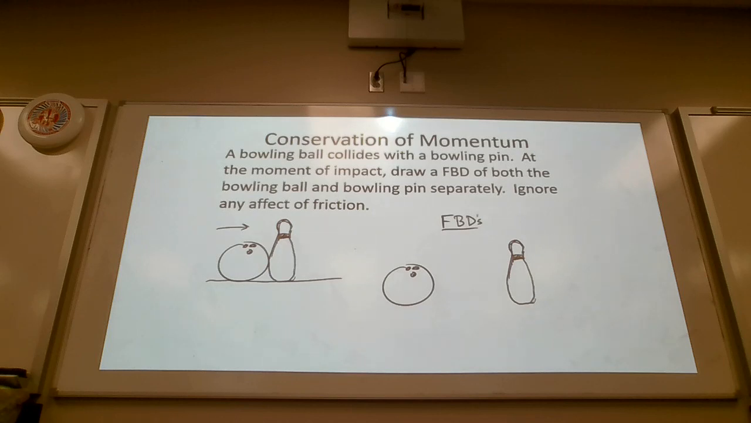Have this scenario. You have a bowling ball rolling and it hits a bowling pin. On the moment of impact, I want you to draw the free body diagram of the ball and the free body diagram of the pin. We're going to ignore air resistance. We're going to ignore friction. So during the moment of impact,